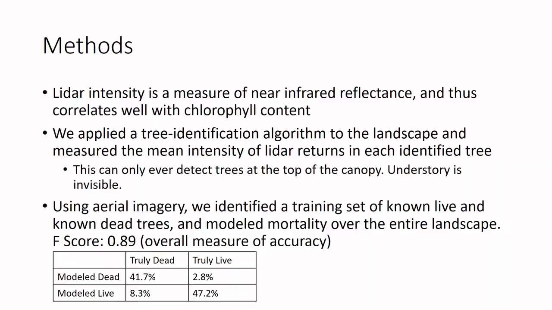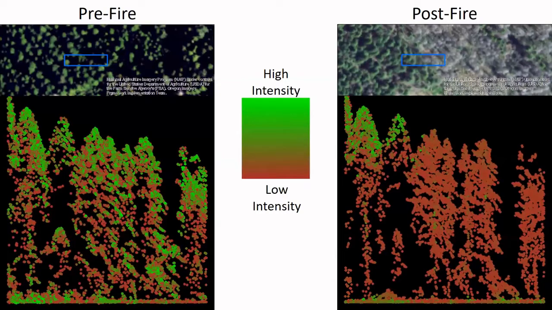And this is just to sort of demonstrate that this does seem to in fact work. Here's a transect pre and post fire. Pre-fire, you can see that these green spots are the spots with high near-infrared reflectance and thus presumably a lot of chlorophyll. And you can see in the post-fire, I picked a transect where the fire came right through the middle of it. And you can see the trees on the left retained their high reflectance, and the ones on the right have low reflectance, and thus we end up classifying them as dead.